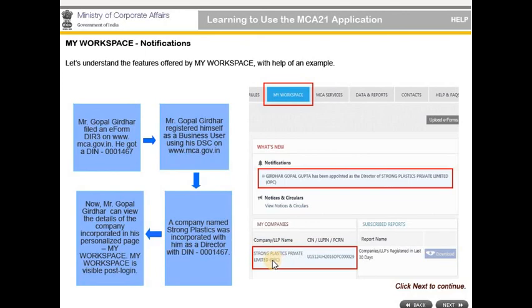The OPC means it is one person company. I will tell you later what is one person company. Mr. Gopal Giridhar can view the details of the company incorporated in his personal page.